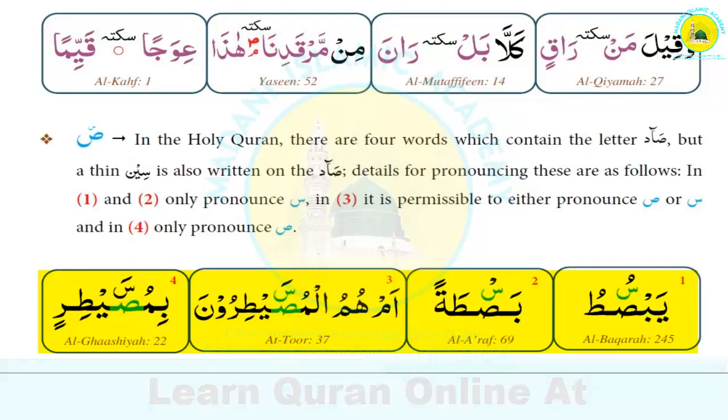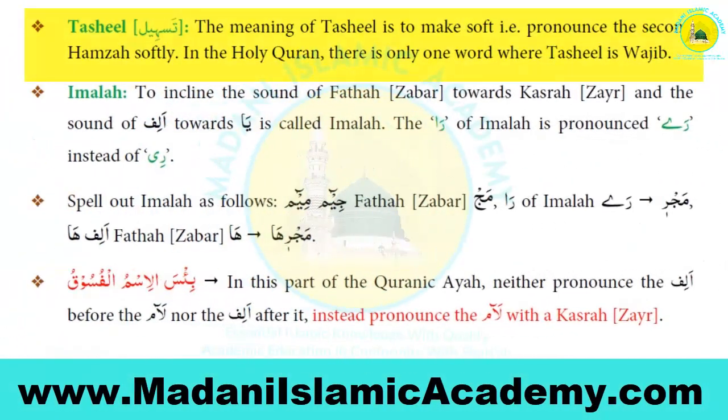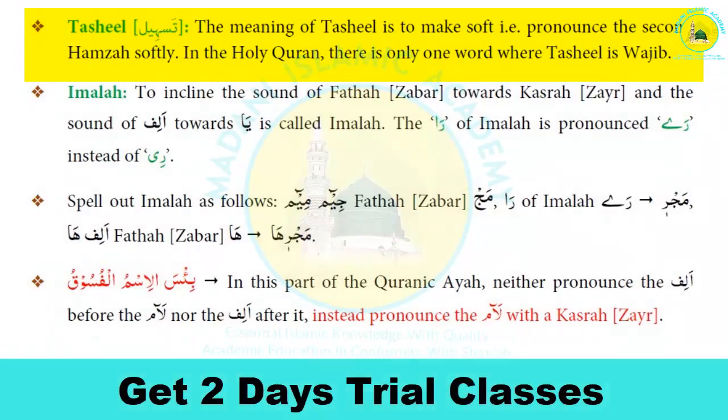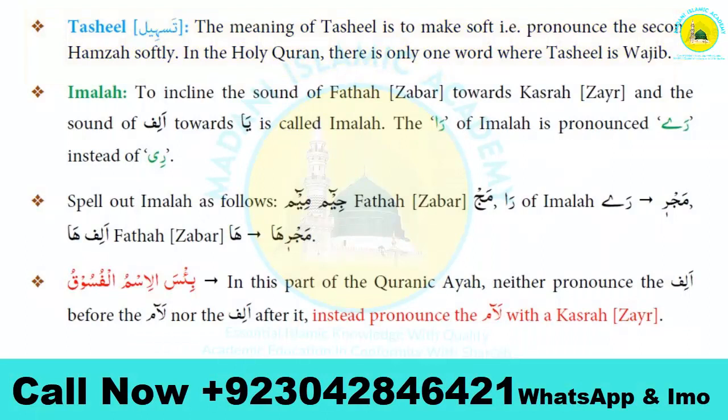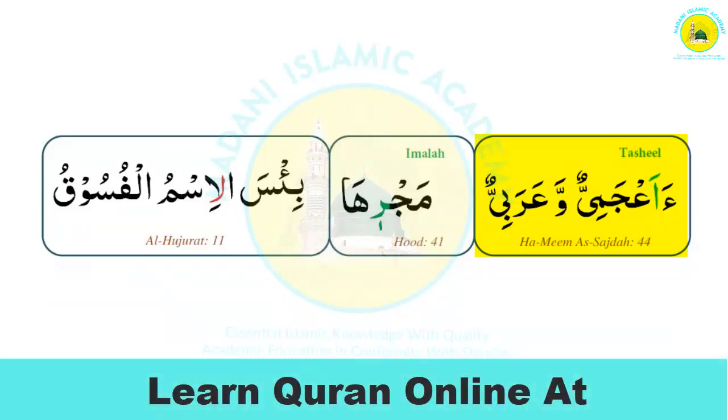MashaAllah. Now the next rule we are going to read is the rule of tasheel. The meaning of tasheel is to make soft, to pronounce the second Hamza softly. In the Holy Quran there is only one word where tasheel is wajib. And what is the tasheel? When we read this word, the second Hamza, this Hamza that is highlighted in blue, we will read that Hamza softly. So we're going to read